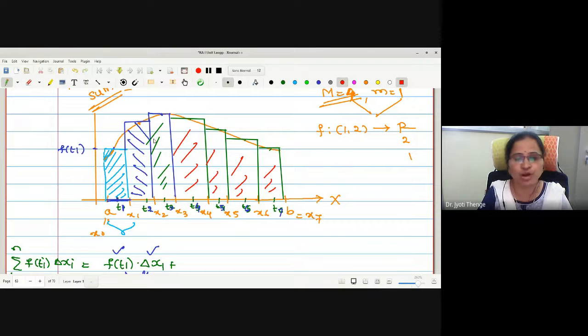If you increase the number of points in the given partition, that is if you take the refinement, whatever is this region above the curve, it is coming towards the actual area. Whatever is the region here below the curve, it is going to reach towards the actual area. Finally, if you consider your number of points in the interval to be n tends to infinity, if the area reaches the actual integration, function is integrable. If not, function is not integrable. Correct now?